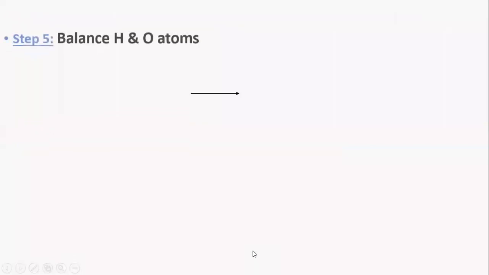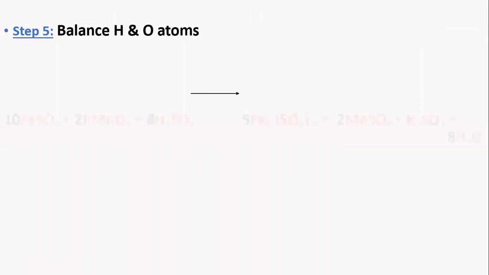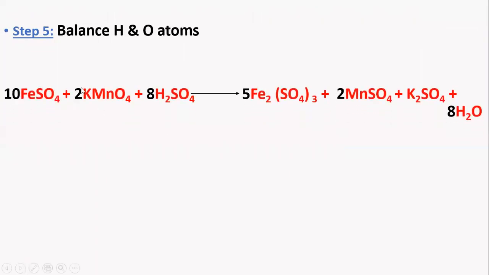After balancing it, we have to balance the hydrogen and oxygen atoms. So if we balance the hydrogen and oxygen atoms, the overall reaction will become like this, that I have mentioned in the black color font. Okay, so once you count, here you see in the reactant side FeSO4 10 moles, whereas in the product side 5 into 2 it will become 10, the same. So Fe gets balanced, and again if you count for the sulfur, here also the same, 5 into 3 15. Okay, and again plus 2, 15 plus 2 17, here 1 sulfur, 18 sulfur.